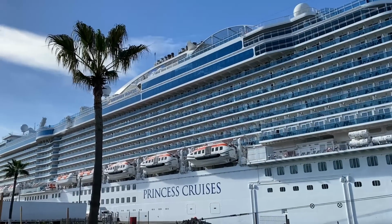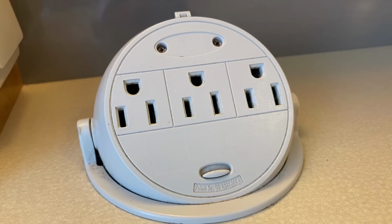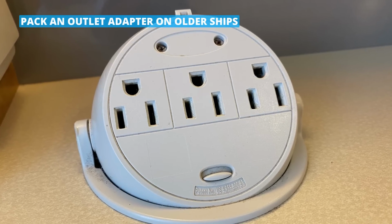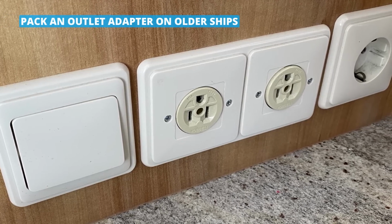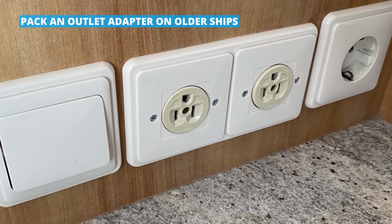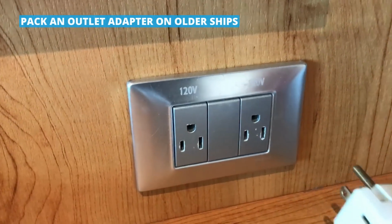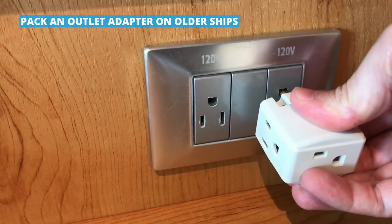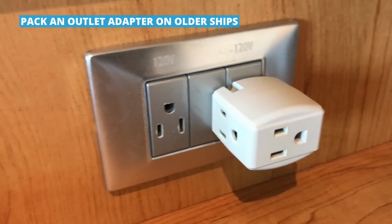Are you sailing on a newer ship? If so, then they have gotten much better about putting in more outlet space. Older ships, those built more than about 15 or 20 years ago, will often have only 1 or 2 places to plug things in. In that case, it's smart to bring an outlet adapter. These plug in and give you several more outlets in place of one. That way, you can charge all your devices at once, use a curling iron, or plug in that nightlight that